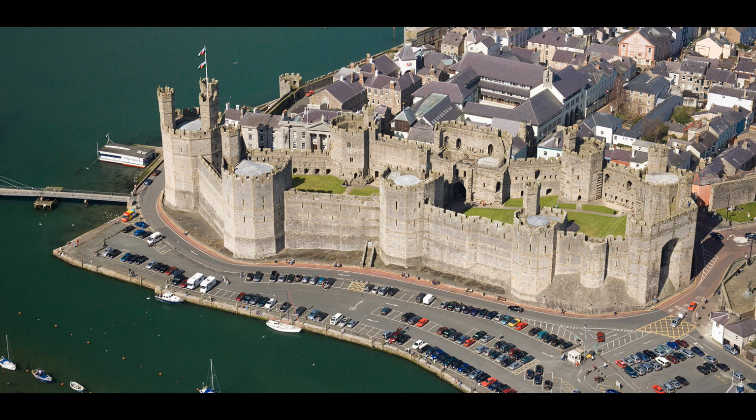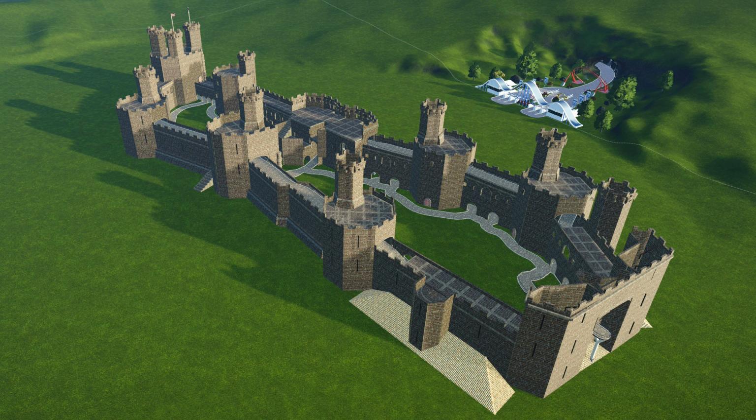Here we have a pretty decent aerial shot of the real Caernarfon Castle. You can see all the towers and structures that are part of the castle in place there, and we're just going to transfer over now. And here is the Fuzzfinger version of Caernarfon Castle, built right here in Planet Coaster,